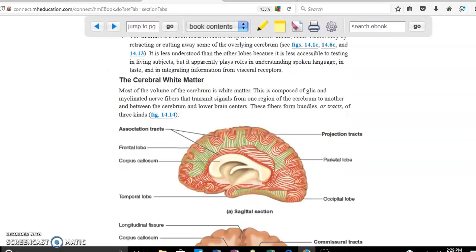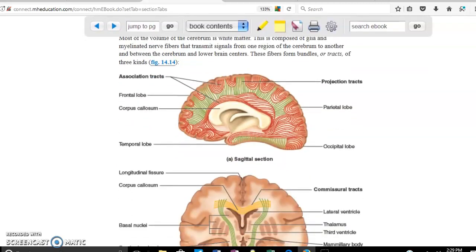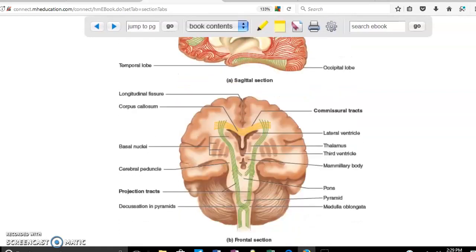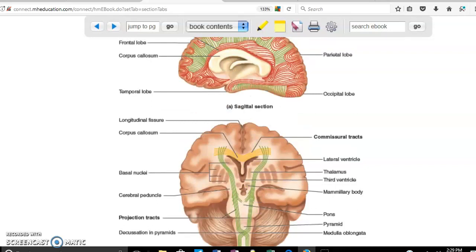Cerebral white matter. The white matter represents the axons of the neurons. And right here, you can see these ones in green, that they go down and they go up, and this is the ones that we already covered in the spinal cord. We said these ones that go up are ascending tracts, the ones that go down are descending tracts. These tracts, regardless of this being ascending or descending, they're going to be projection tracts. Why? Because those are the nerves, those are the axons from the neuron, and those are going to be the